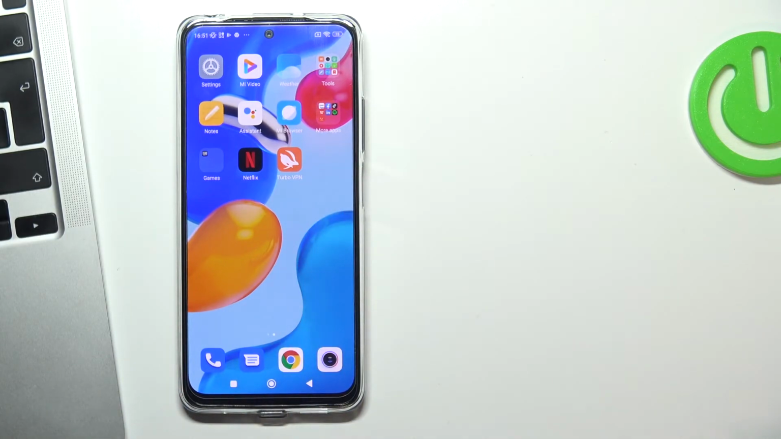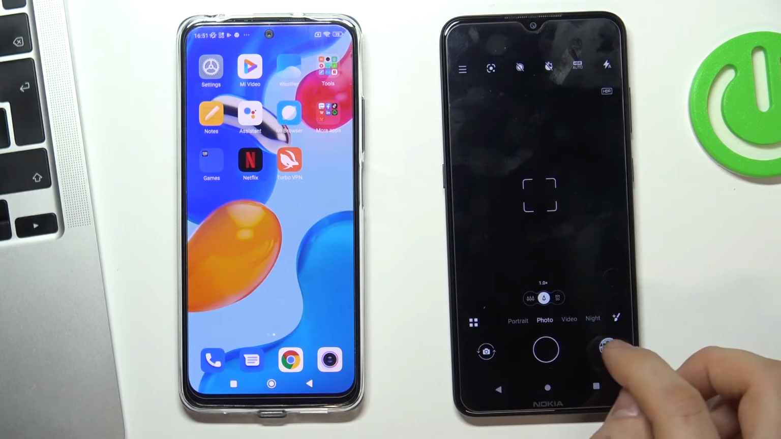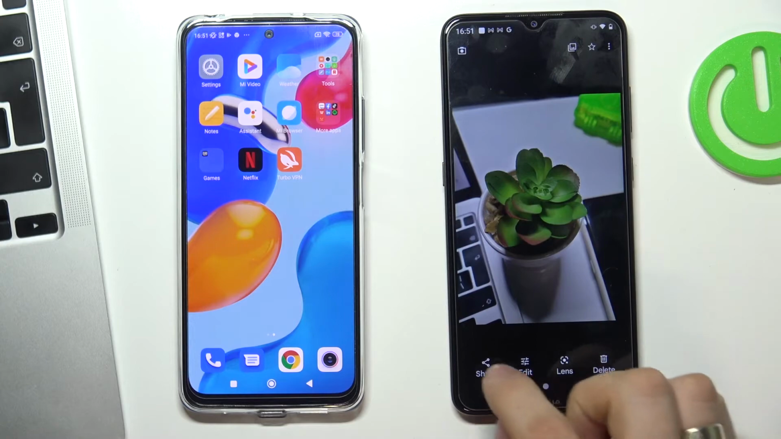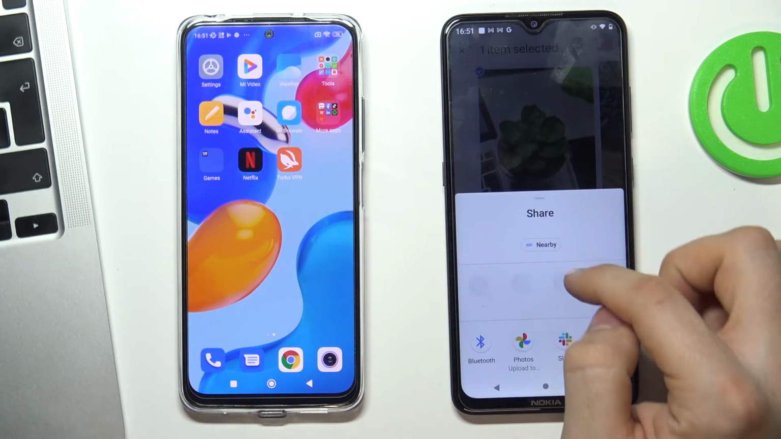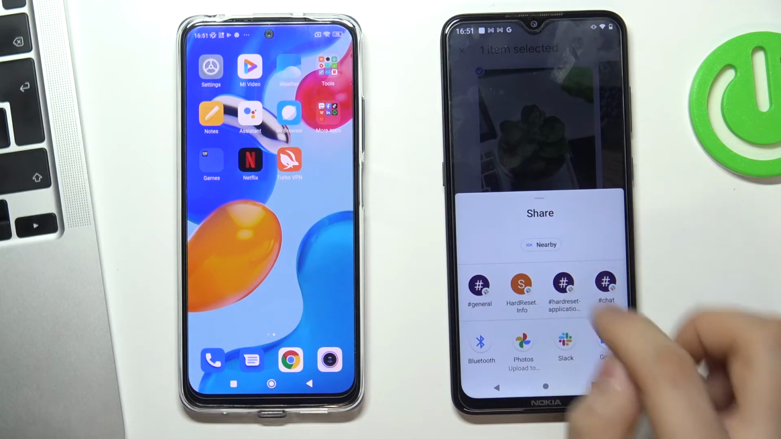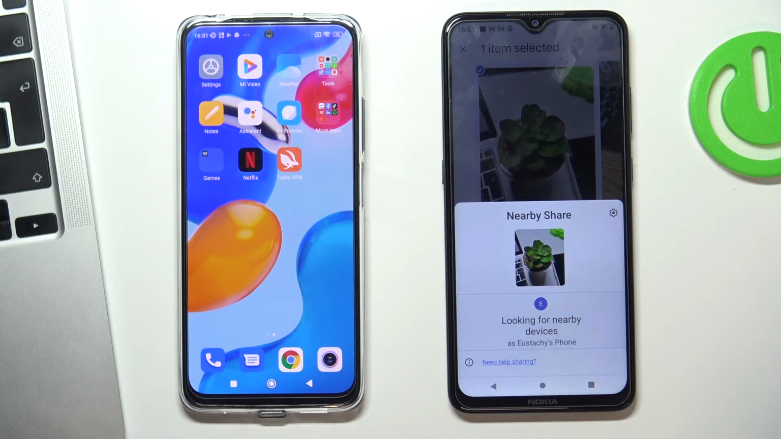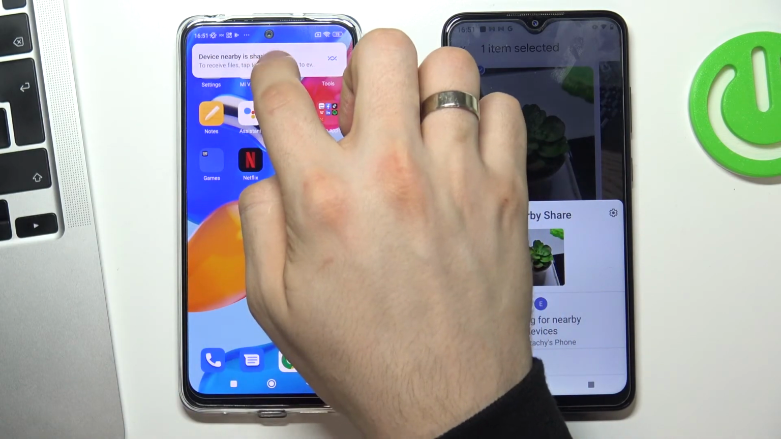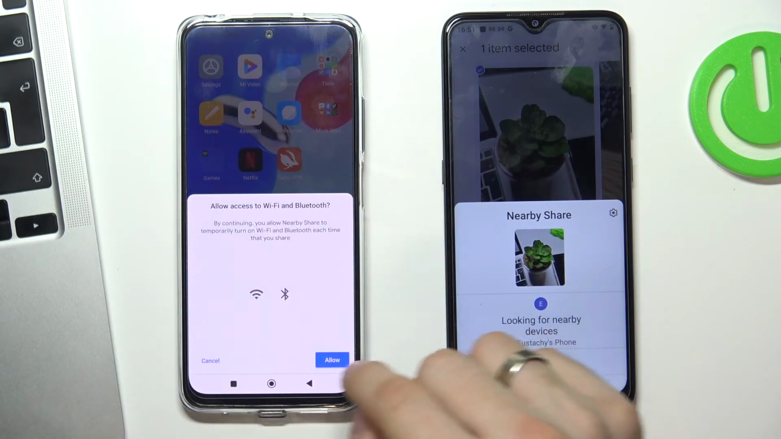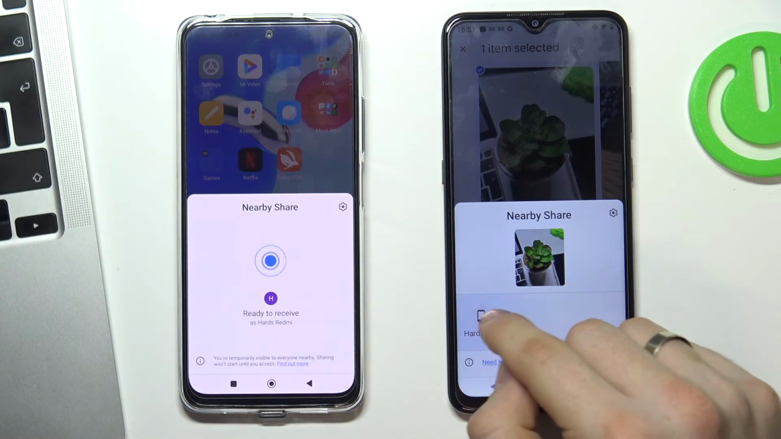and now you can send data and receive data. For example, I want to receive an image from my other device. I use the Share button, More button and Nearby button. Tap on it, wait a while, and on our Xiaomi device click on the popped up message, choose Allow and tap on Hearts